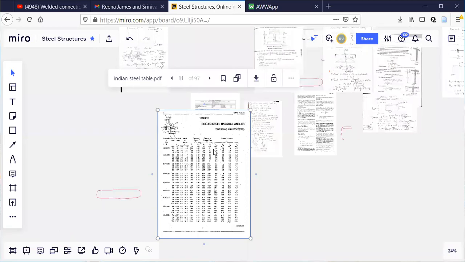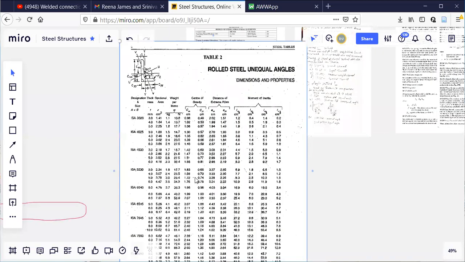So let us start with one simple problem on this. As you start working more on steel tables, you learn how to use it. In this particular module 2, we are not using the steel table much. It will be used maximum in the next 2 modules. We have to check the size and all.